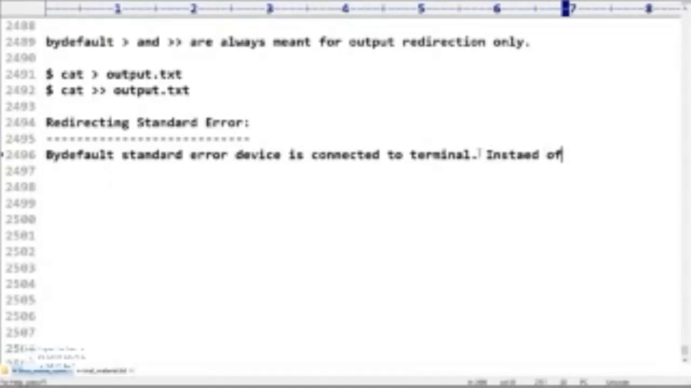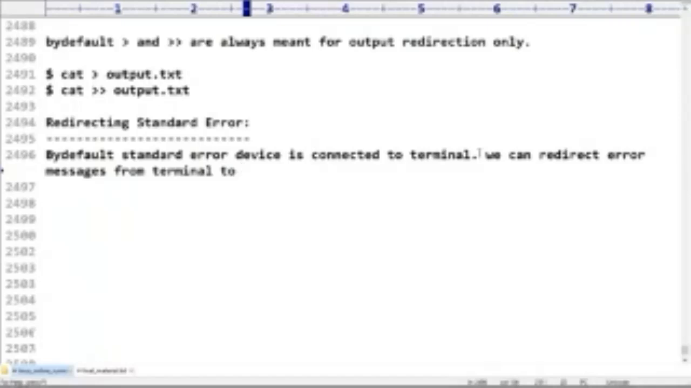Instead of terminal, if we want, here we can redirect error messages from terminal to our required file. We can redirect it to our required place based on our requirement. Okay, like now observe that if I use the cal command,